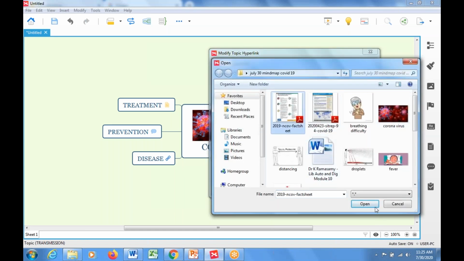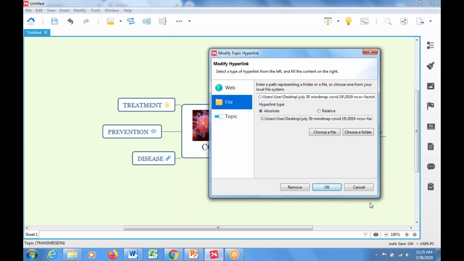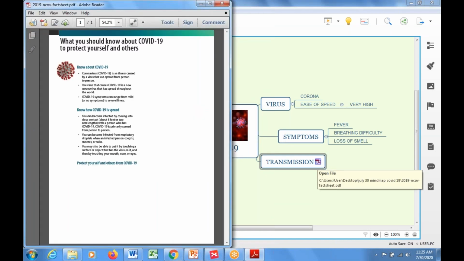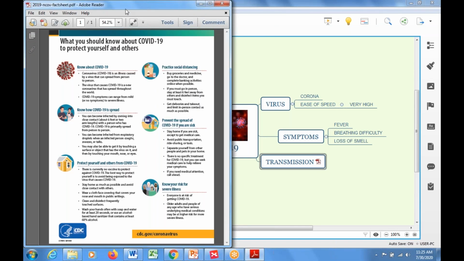For example, I selected one file, I say open, I say okay. You can see here, yeah, PDF file is available here. See, I have given a link to a particular file which is available in my computer system. Fine. You click on this, see, the file will be open. We can read the file side by side. So that kind of linking is also possible.